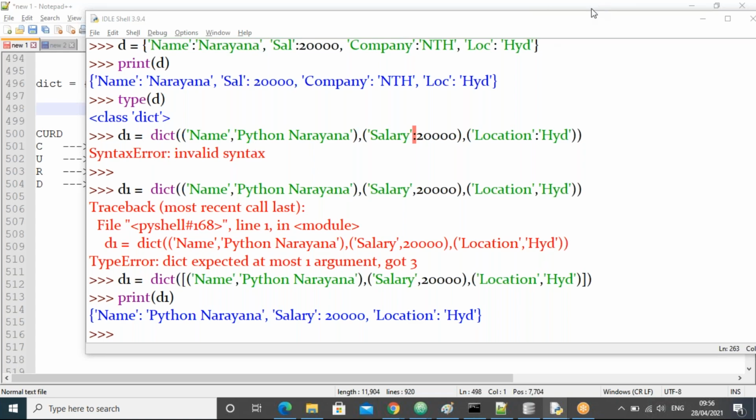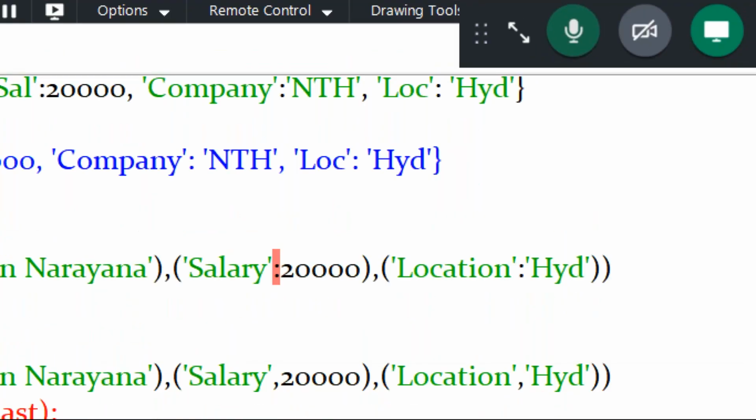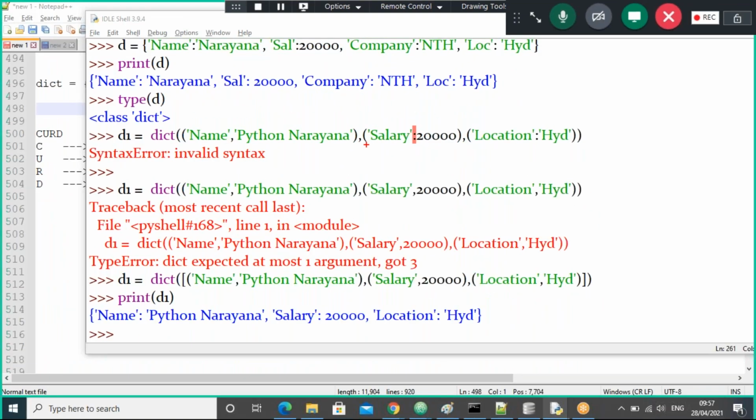So how should you practice? Observe, guys. For example, in this case, I have taken tuples, right? Each one is one tuple. Now, how do you practice?